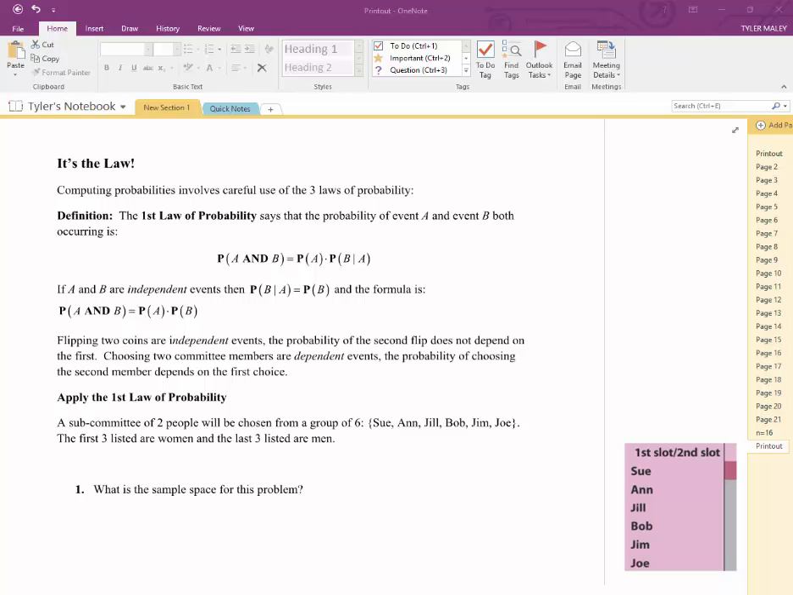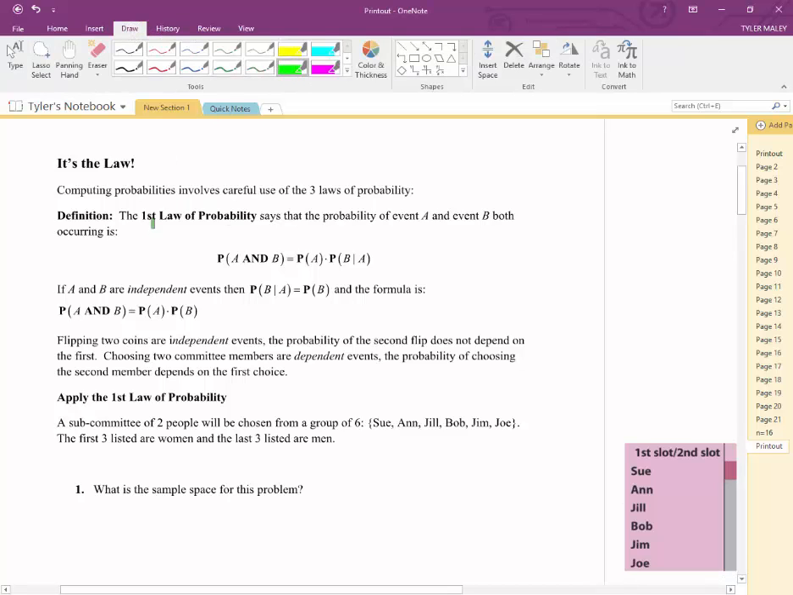Alright, so we're ready for the last worksheet in the class. The worksheet's titled It's the Law, right? So we're going to explore three laws of probability identified in the text. So the first law of probability,